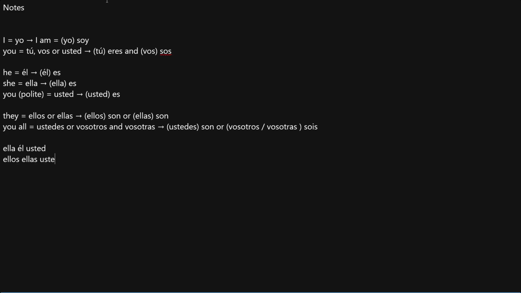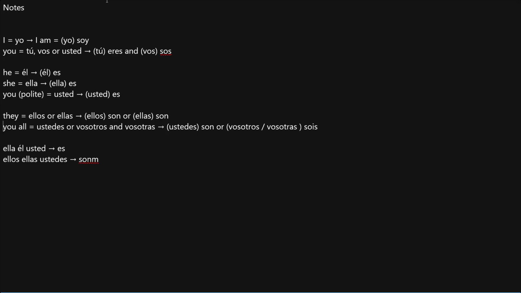ellos, ellas, ustedes, they kinda share a similar pattern. These three go together because we use s, and these three they also go together because all of them use son. And you'll notice this in many other patterns. For example, if I wanted to say ellas, ellos, or ustedes ate, I will use comieron. And that will be they ate or you all ate. That's why these two groups of three go together in many other